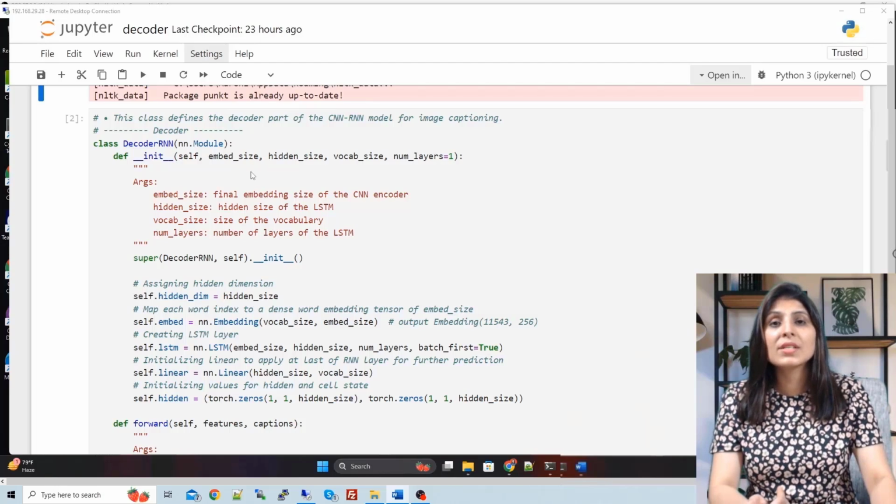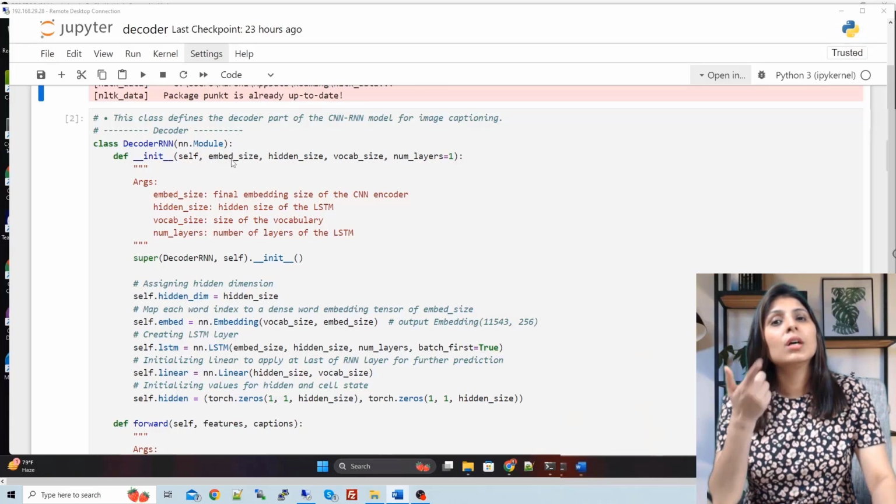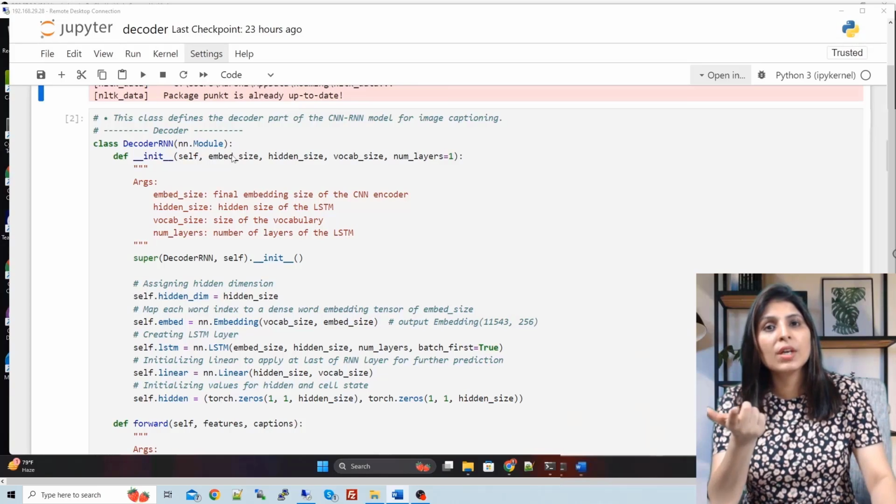So what is the embed size we have used in encoder? So 256. So here this embed size value will be 256. This we are getting from the encoder. The output of the encoder will become the input to the decoder. So that output of encoder we are providing over here, and this is becoming an input to this decoder. Okay, so the value for this will be 256.